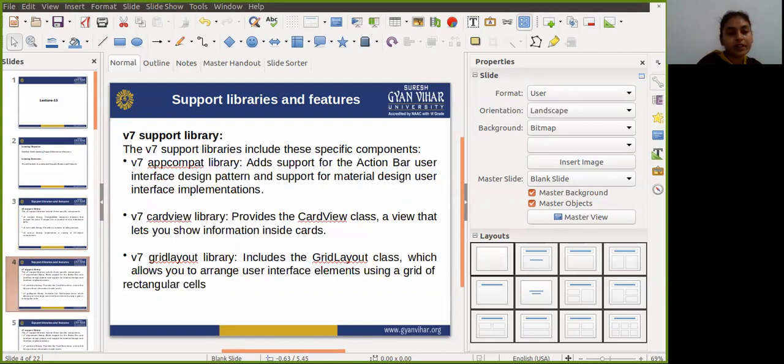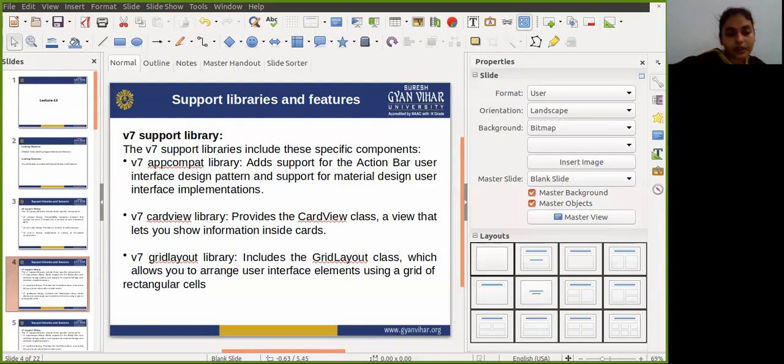The next library is the v7 support library. This is also called the version 7 support library. The version 7 support library includes both compatibility libraries and additional features. The v7 support library includes all of the version 4 support library, so you don't have to add these separately. The dependency on the version 7 support library is included in every new Android Studio project, and the new activity in the project extends from AppCompatActivity.